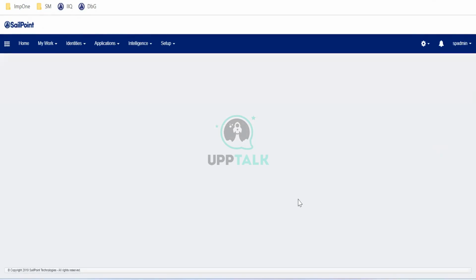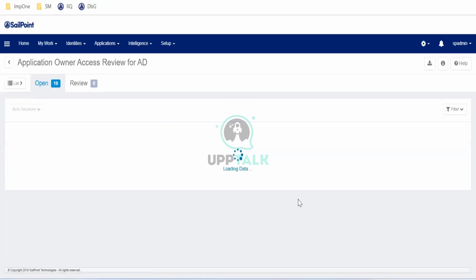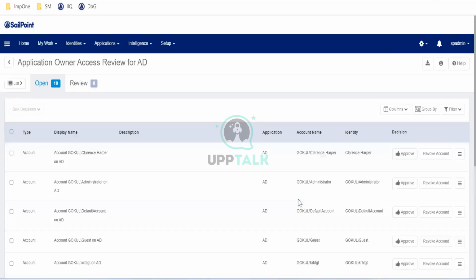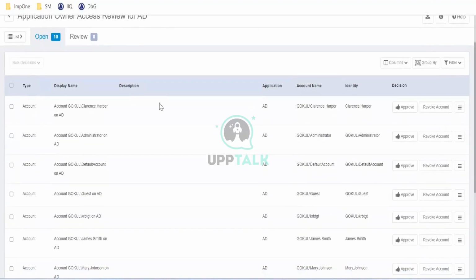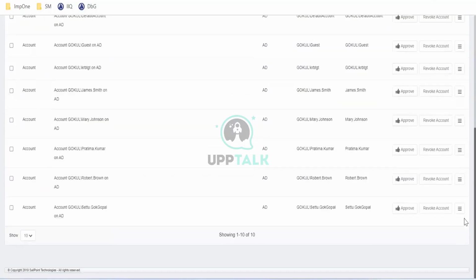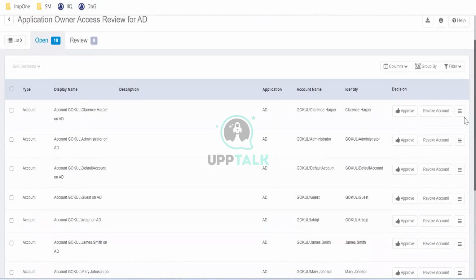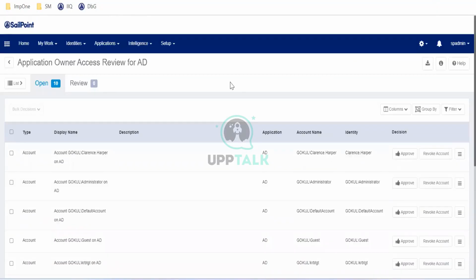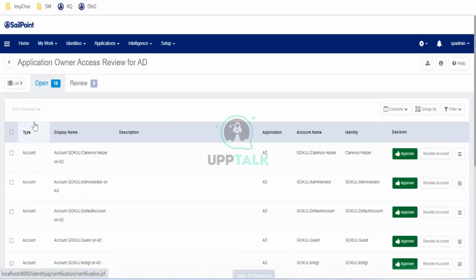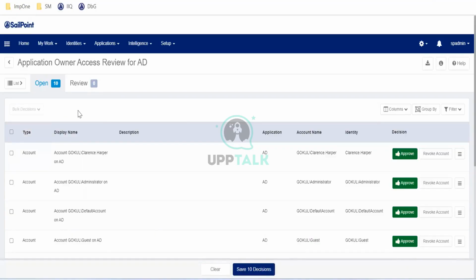You will come to know how many accounts are there. Now you have to validate as a manager. All accounts are present. No entitlements, no groups related to the application. Since I have 10 accounts in my Active Directory, now I have to take a decision whether I'm going to approve or revoke. Before that, we'll talk about the bulk approval changes. Yesterday, we talked about bulk decision. We have enabled it as part of the 5 steps. If you want to use it, click on Select Everything, then Bulk Decision, whether you are going to approve or revoke.